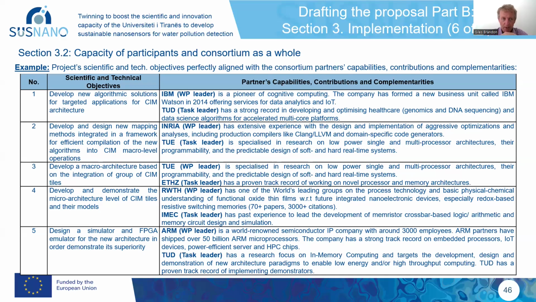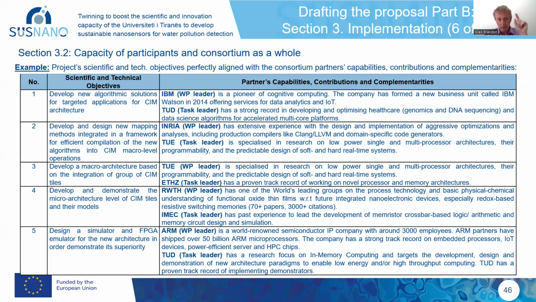This goes way back to a much earlier slide where I talked about how I recommend you structure your proposal. You might remember I said that each scientific and technological objective should map to its own work package. Assuming you've done that, here, right at the end of the Part B proposal, section 3.2,